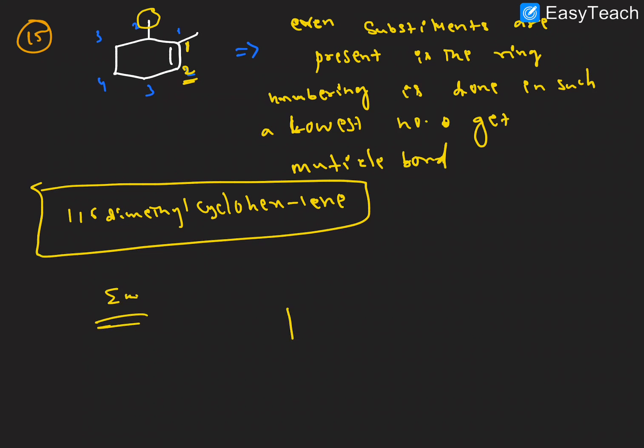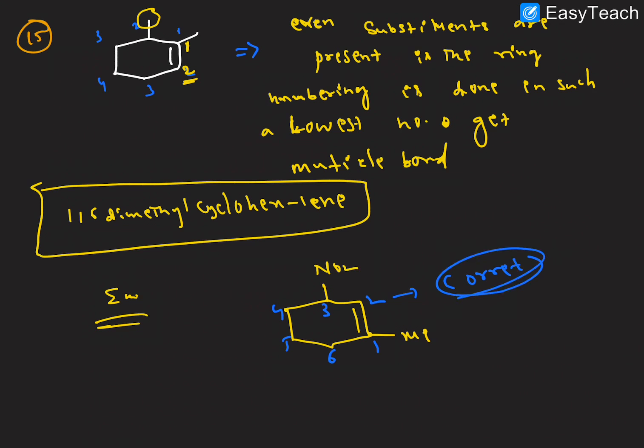One more example is there, the same example, try it here. This is the methyl substituent here, and NO2. So we have to give numbers this way, 1 2 3 4 5 6. So this is the correct numbering, right? Not like this, this is the wrong numbering, right? So just try to name this compound. And next one,